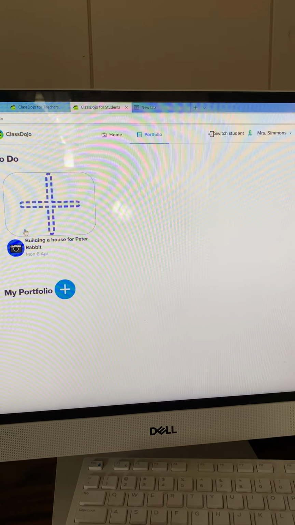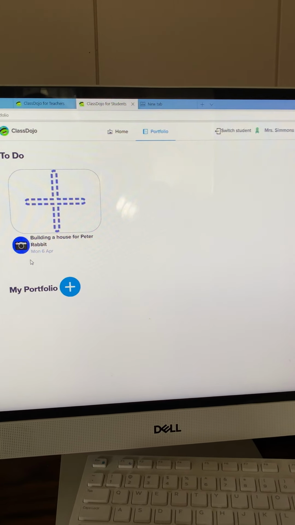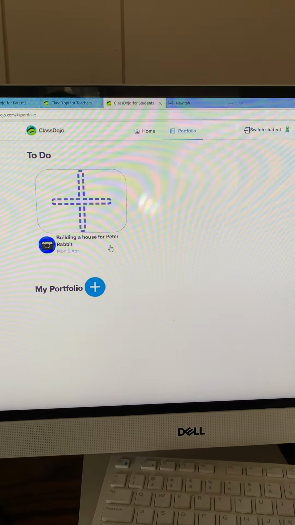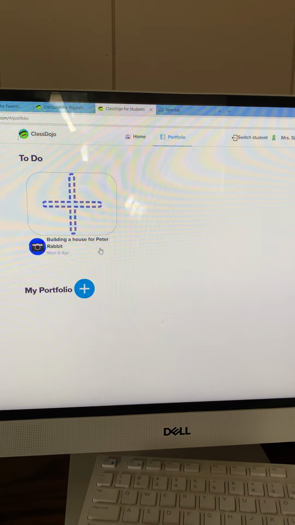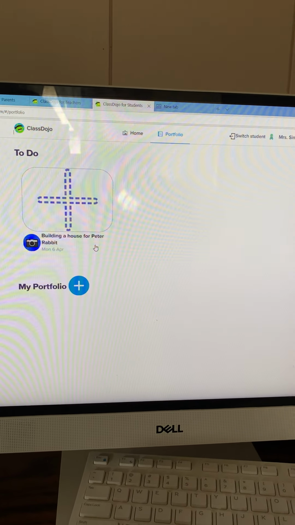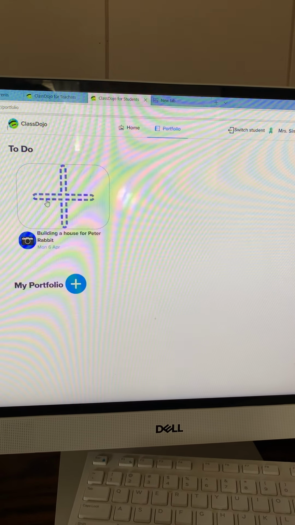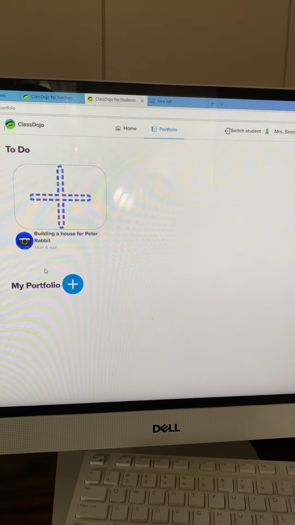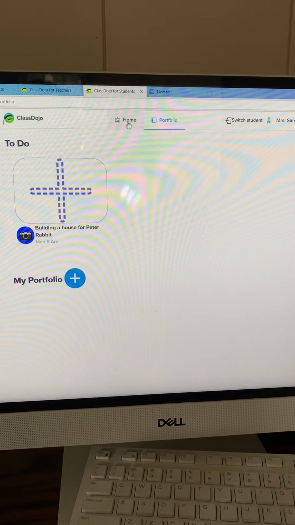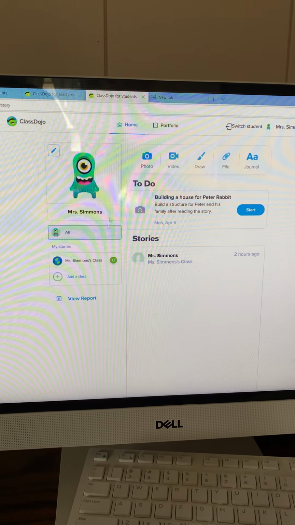Most of you, that's what I'm going to be plugging in, is just a picture. You can go through and text on this. You can update the text. But most of the time it's just going to be take a picture of what you've done and upload the picture. I will be able to give you feedback and comments as well. So if you go back to the home,